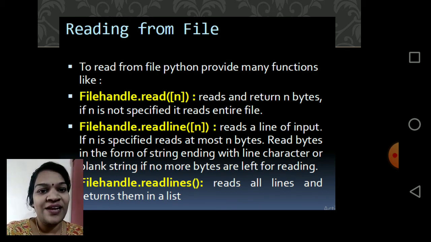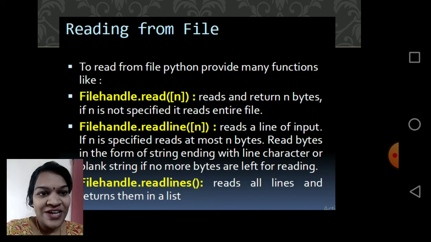When we open a file, the first address of the file where it is stored is assigned to the file handle. So we use file handle dot read, and within brackets an n is given. N is a number. If a number is given, it reads only that many bytes from the file. If n is not given in the read function, it reads the entire file and gives it to you.